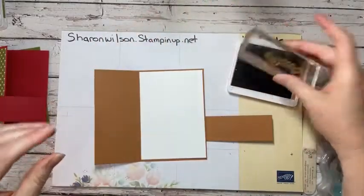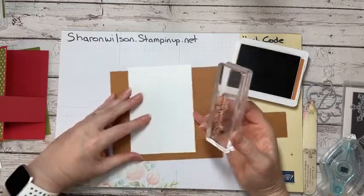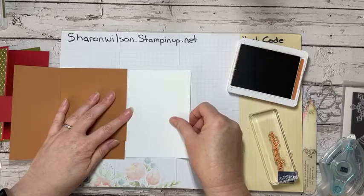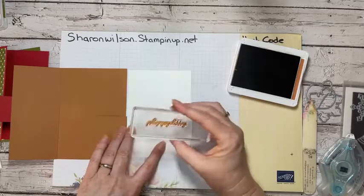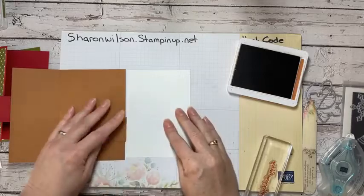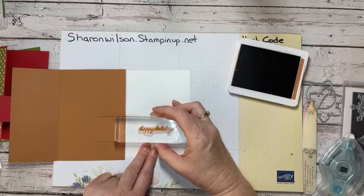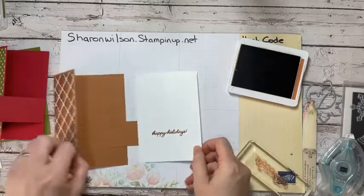So I'm just going to use the Happy Holidays. So I might just move that over. Actually, if I do it there, that should be okay. I just didn't want the unevenness of where this is stuck to affect my stamping. So I'm just going to stamp that, and then